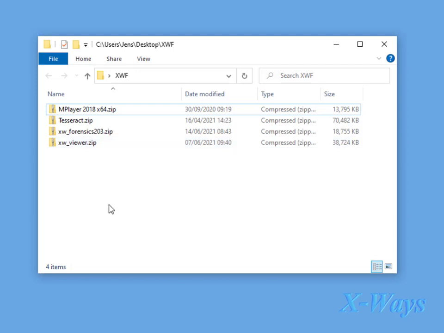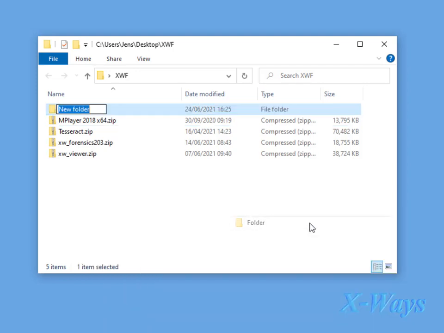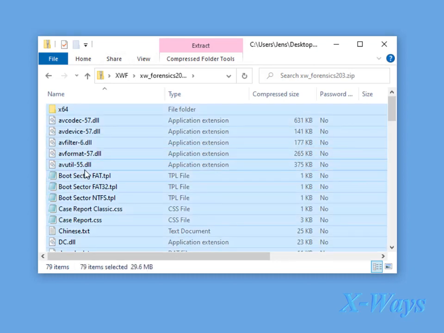The simple solution to get a fully functioning copy of Xbase Forensics up and running is to simply create a directory of your choosing in a place of your choosing as well. In other words, there is no requirement for that directory to have a particular name or to be in a particular location. What I will then simply do is open and extract the contents of the zip file that is